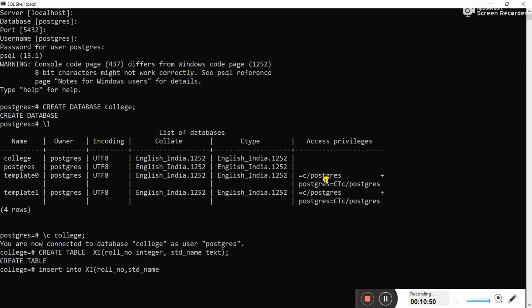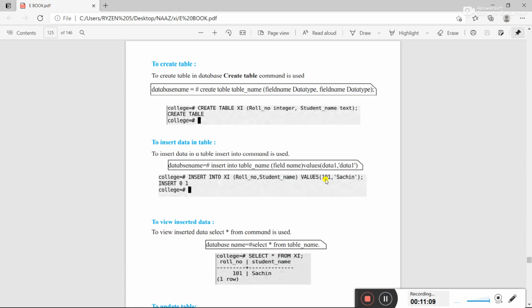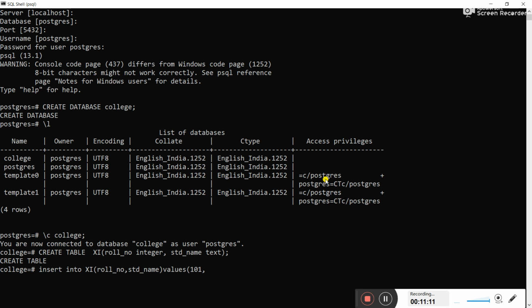So we are going to enter these two details, and then you need to write values, and after values you need to write the data which you want to enter in roll number and student name. In roll number I'm going to write 101, and in student name I'm going to enter Sachin. The student name is of text type. Text type is always enclosed in single quotes or double quotes. You need to enter text type data always in single quotes or double quotes.